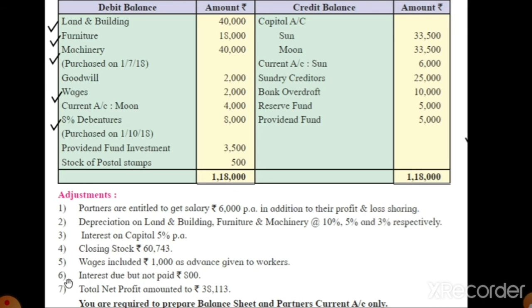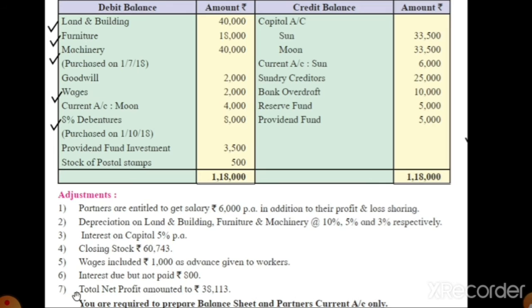Next adjustment, there is interest due but not paid, rupees 800. Here there is certain interest we have to pay, but we have not paid yet. It means it is outstanding interest, so it's a current liability. Its first effect, we show on the current liability side, it means balance sheet liability side of rupees 800, and second effect in profit and loss account debit side. It's a financial expenditure, that's why it is recorded in profit and loss account debit side. So there is nothing to put a tick mark before in the trial balance. No item is related to the interest. Okay, so just keep in mind the effect of this sixth adjustment.